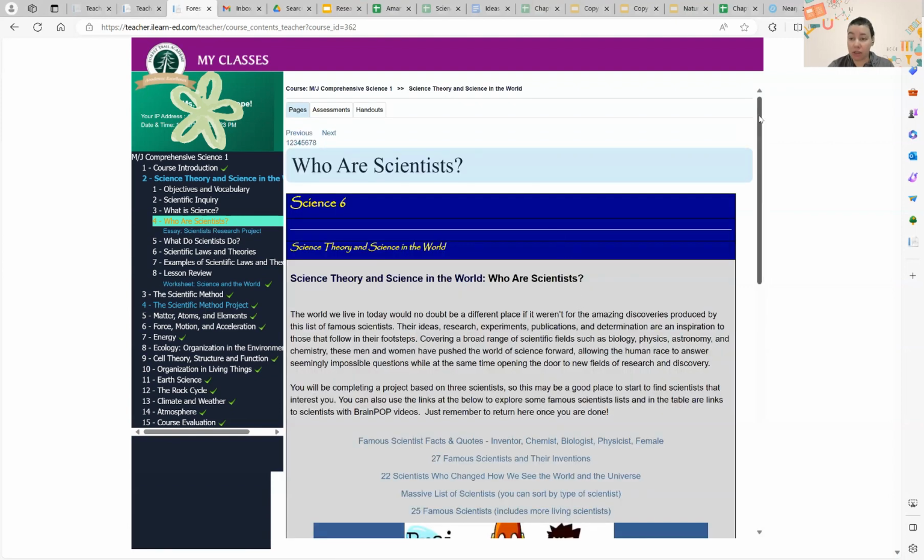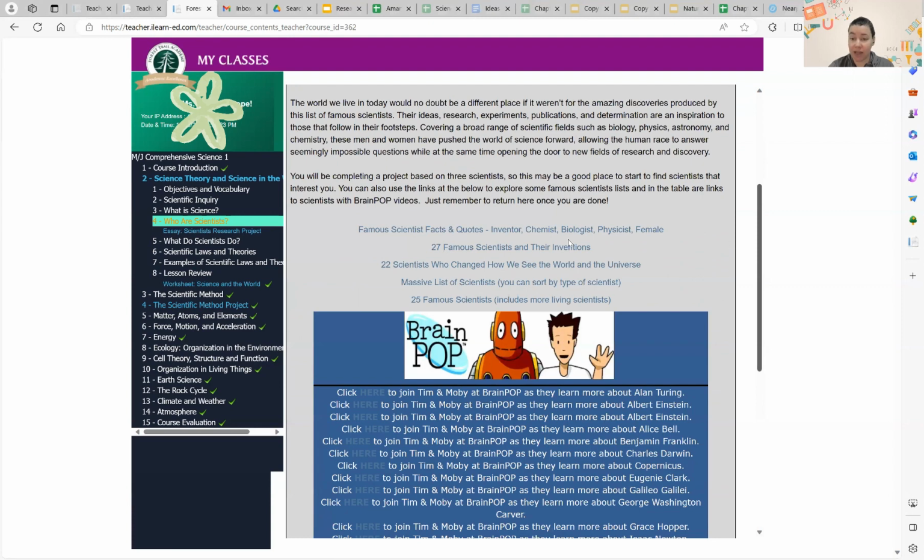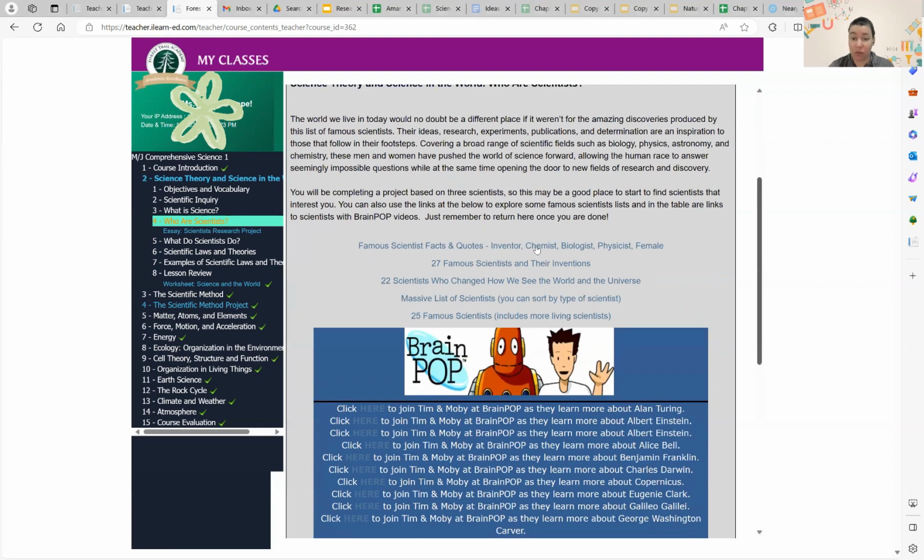Page 4 has reliable sources you can use. There are some great links here. They're all lists of kind of famous scientists. You'll see some scientists show up on all the lists, but I tried to pick lists that had a variety. This one is just a massive list. The rest of them give a little blurb about the scientist, what they did, when they lived, who they were. But this one is honestly a massive list, but you can sort by, if you wanted, famous biologists